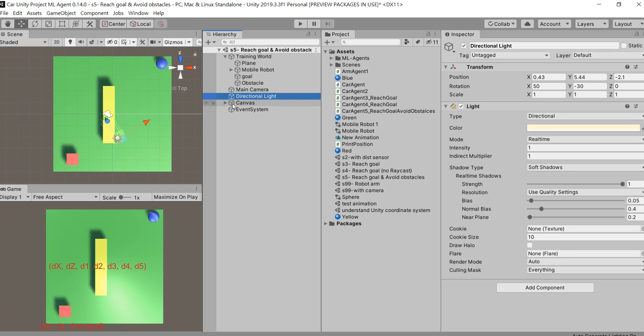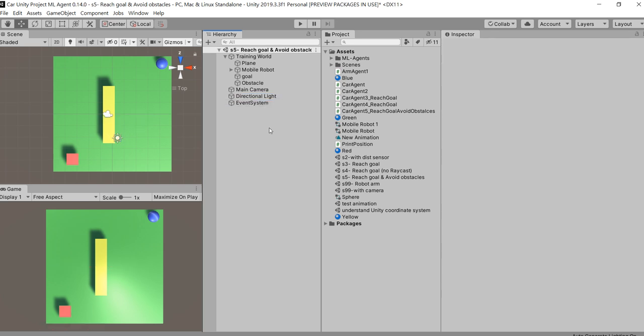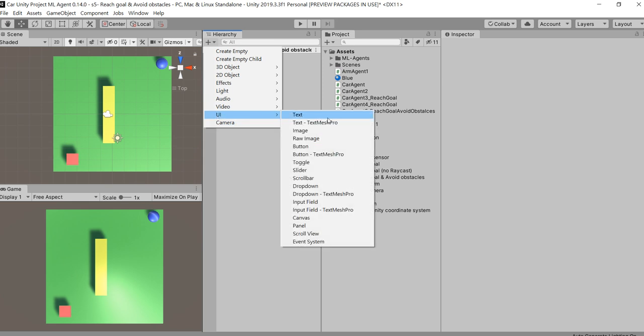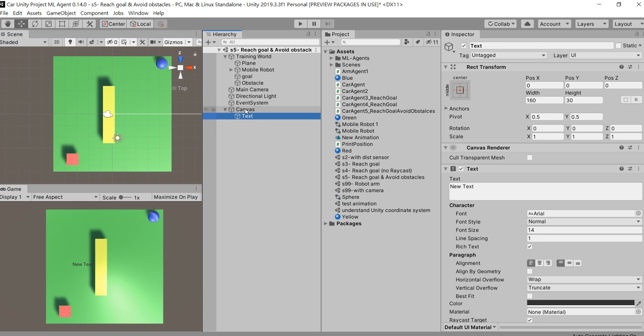Okay, so if you want to create any user interface elements, go to here. You see UI, because I want to display text only, so I just select a text UI. And Unity will automatically place your UI underneath this canvas. So for the first one, I want it to display the sensor data. So I just name it sensor